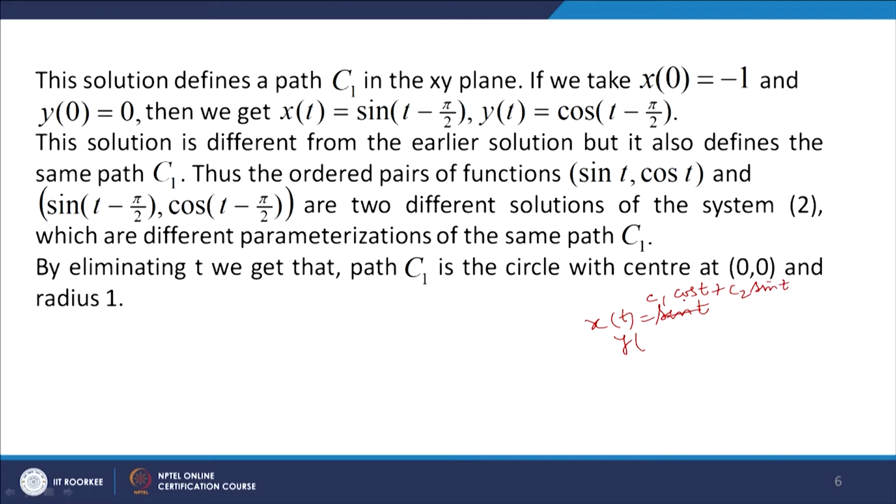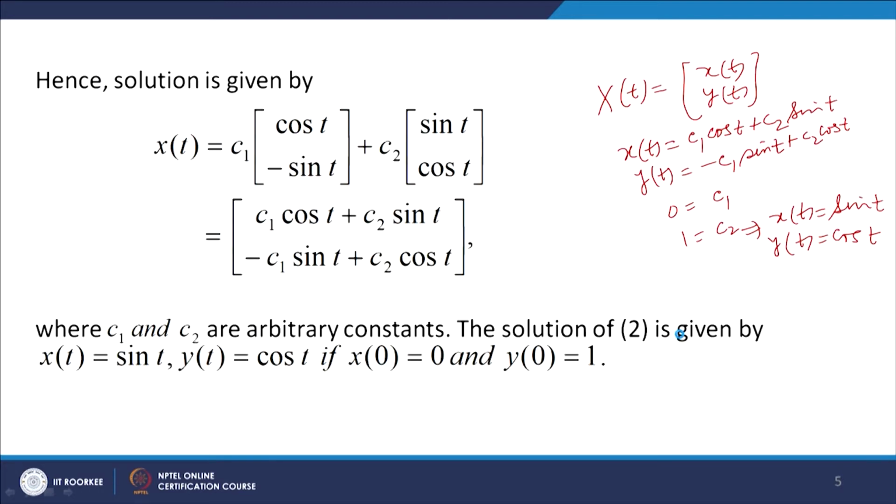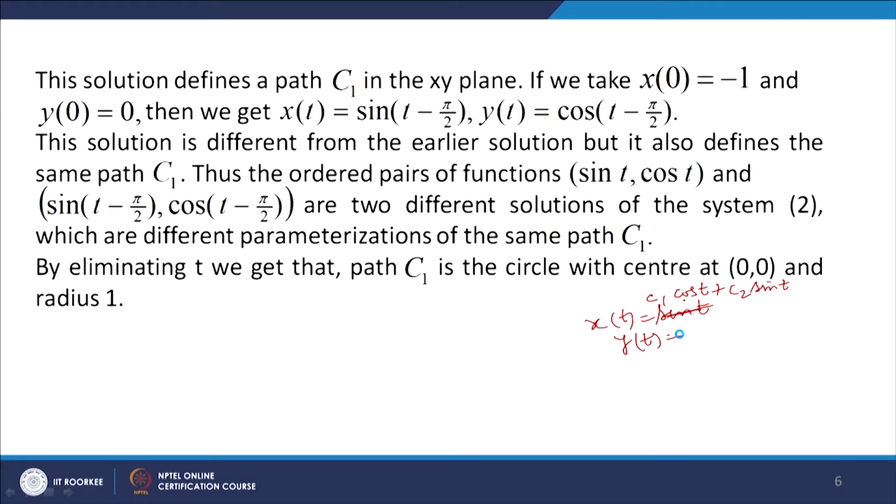This is x(t), and y(t) is equal to minus C1 sin t plus C2 cos t. This is the general solution. So, x(t) equal to C1 cos t plus C2 sin t, y(t) equal to minus C1 sin t